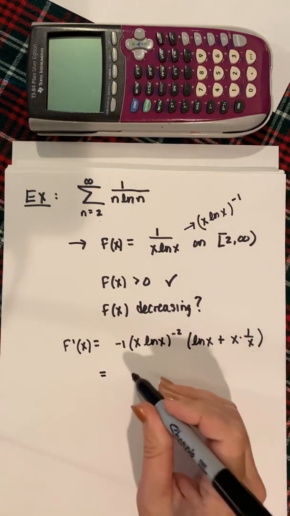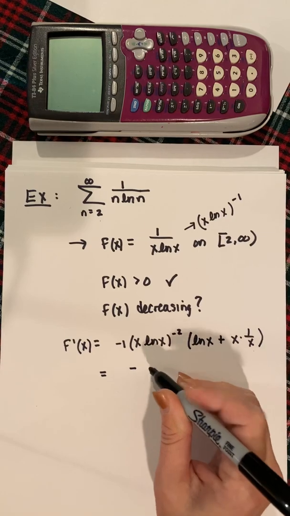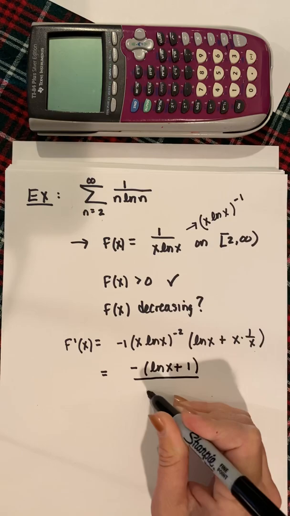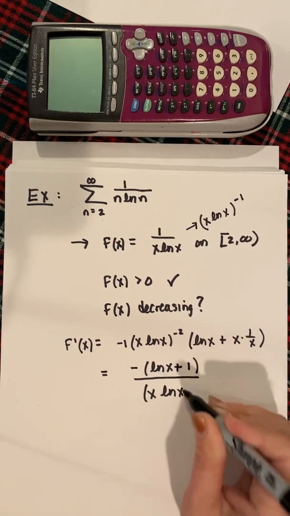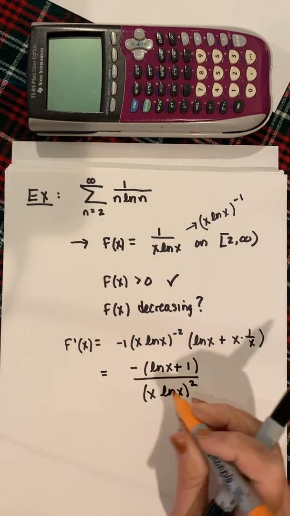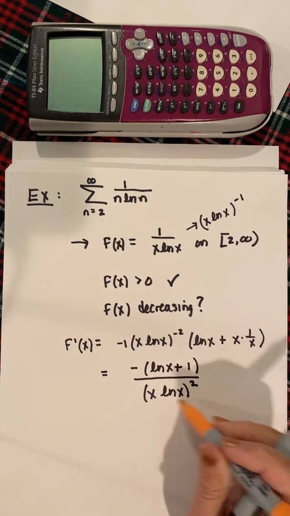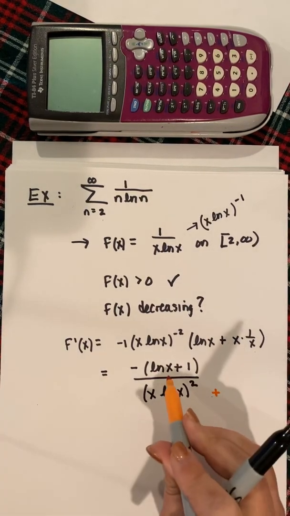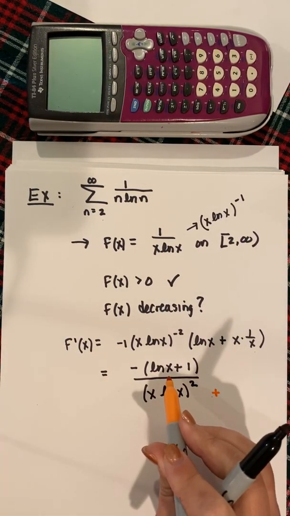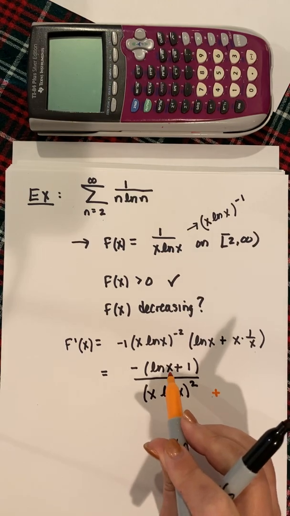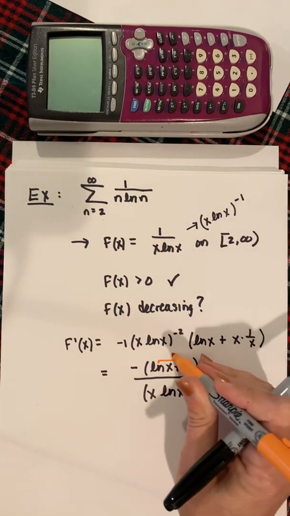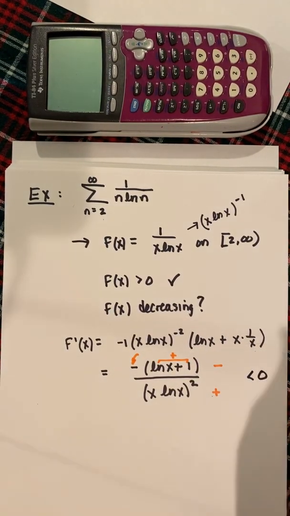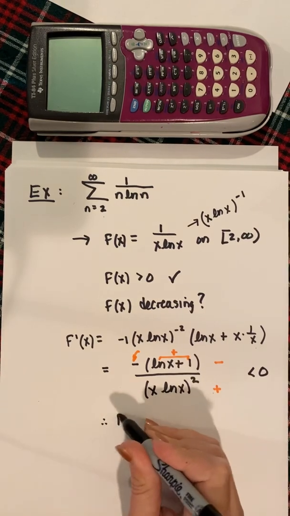All right, so let's take a look. This is going to be negative natural log of x plus 1 all over x natural log of x squared. Whatever the denominator is, which we know from 2 to infinity is positive anyway, we're squaring it, so the denominator is always positive. We know the natural log of x is greater than 0 past 1, because at 1 it is 0, so we know that this is positive. Because of this, the whole numerator is going to be negative. So therefore, f of x is decreasing,